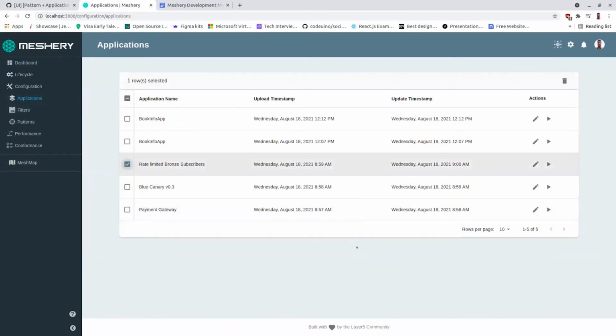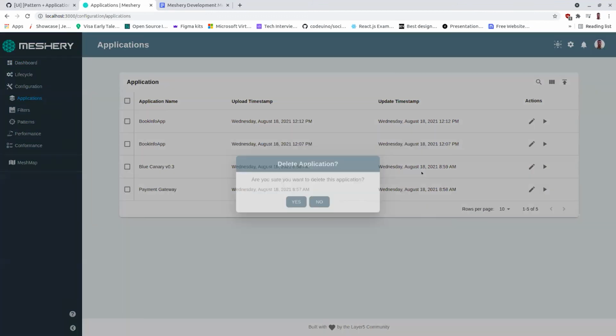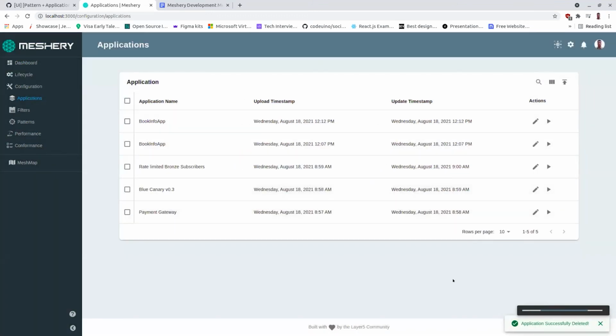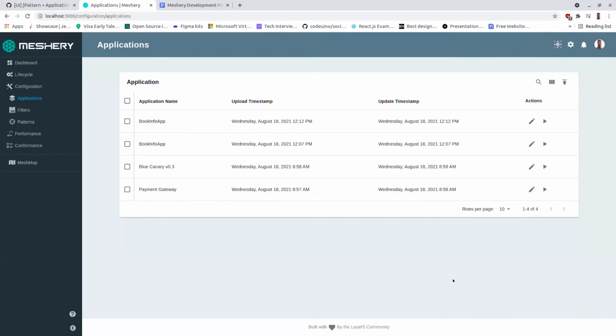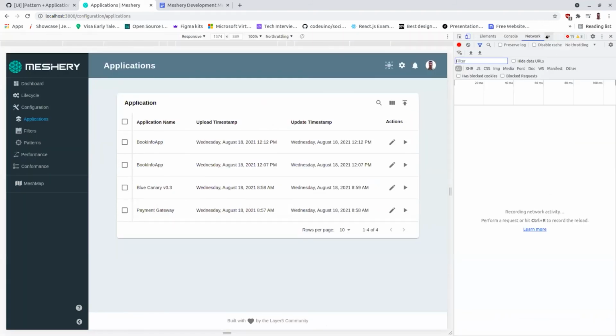Yeah. So when you click on any of the applications and select delete, this thing gets deleted successfully, and we can verify that when I refresh this thing.